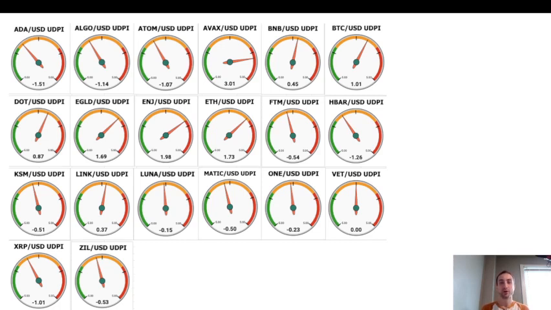For those who aren't familiar, UDPI stands for Upside Downside Potential Indicator. It's our in-house risk indicator. We developed it here on the channel. And the way to use it is to identify assets that have UDPI risk that's low, specifically below the midpoint in negative territory. And so the reason that we put up these gauges that you can see is because it